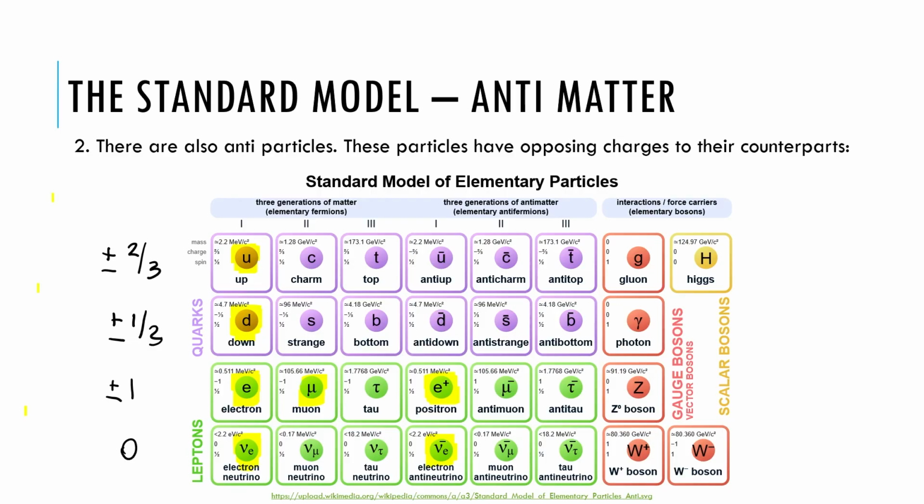For some of our force carriers, our bosons, the ones that are the most important to understand are the gluon, because that's going to explain how we form composite particles, which I'm going to show you in a second anyway, and the photon, which, similar to the electron, is a particle that you're already fairly familiar with.